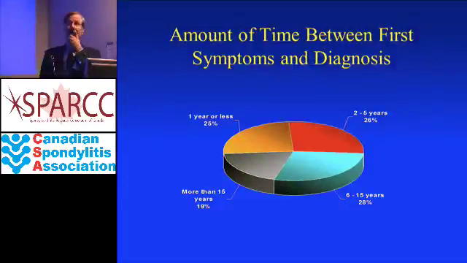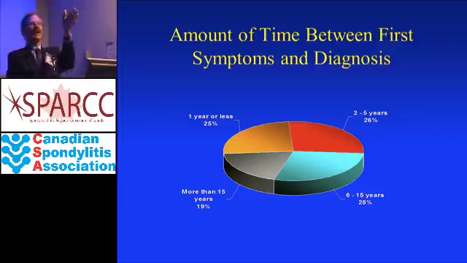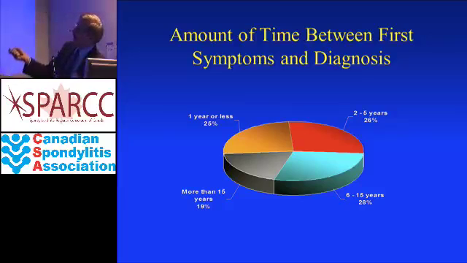This is actually from a questionnaire that we did with both Canadian and American spondylitis patients, and it looks at the interval between the onset of back pain and the diagnosis of AS. And you see, if you draw this line right across here, it's about the 50% line. You can see that about 50% of the patients have at least 6 years of disease before the diagnosis.